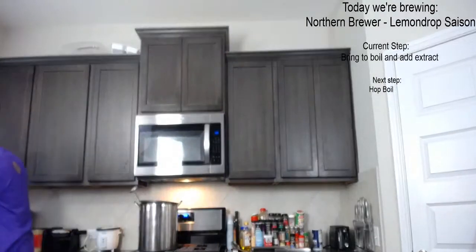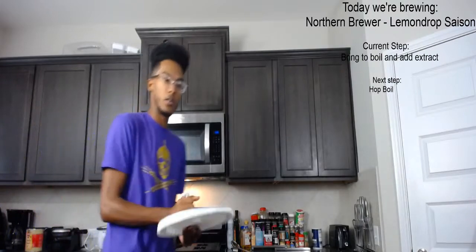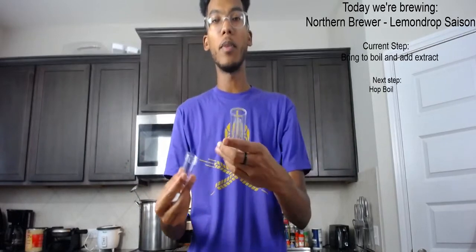I guess the only other thing I haven't shown was the airlock. So essentially, when you seal it off during the fermenting process, you want carbon dioxide to leave, but you don't want any oxygen to get in. So you use something like this. This is, I think, what they call a 3-tier airlock, but essentially